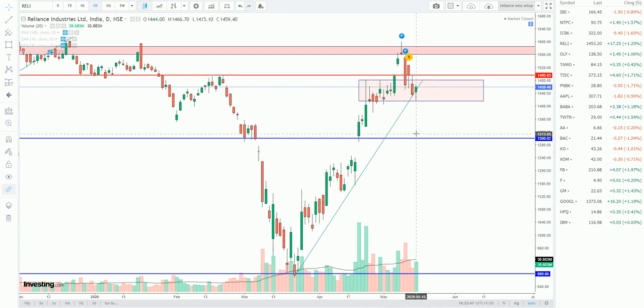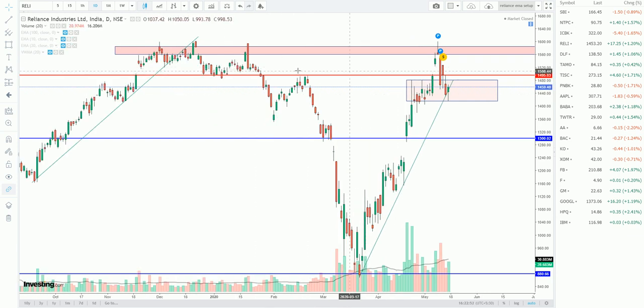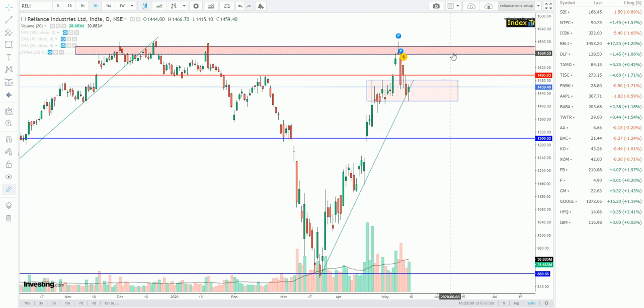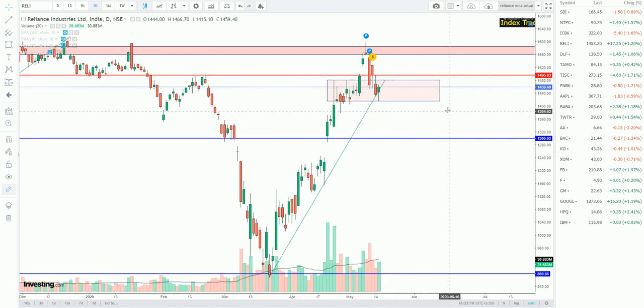You can also see there is a solid resistance at the 1495 level, and above that there is a considerable sell zone, where whenever the stock comes here it gets rejected and pushed back to the downside. So it took support near 1495, and again it went back to that sell zone, and again it was pushed back to this 1495 level. Overall you can see 1495 acting as a strong resistance, and now the price is below this.